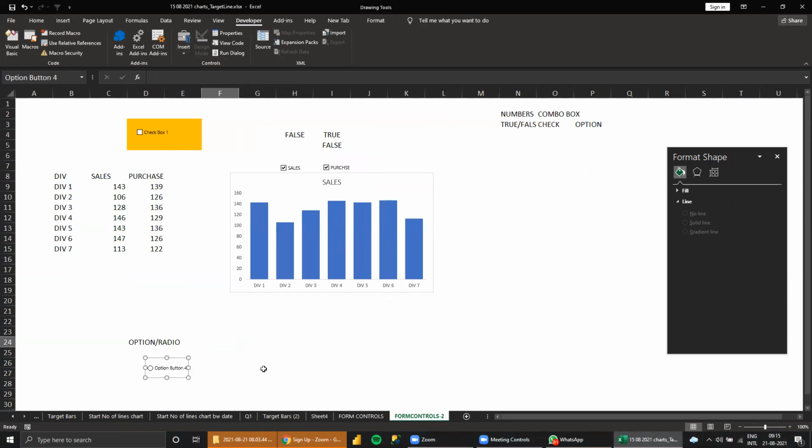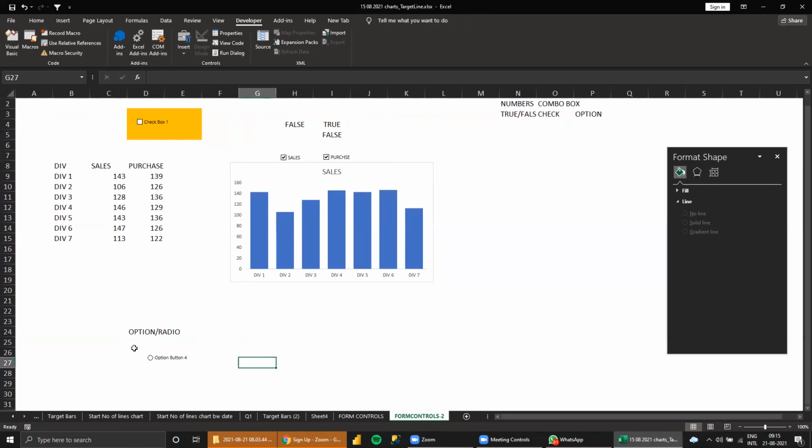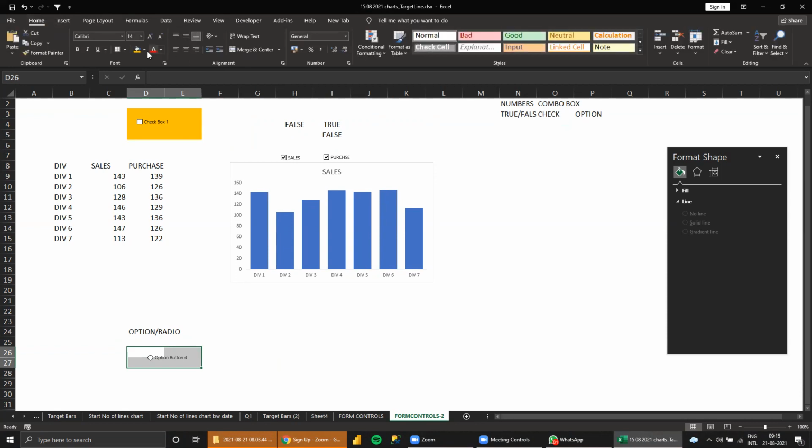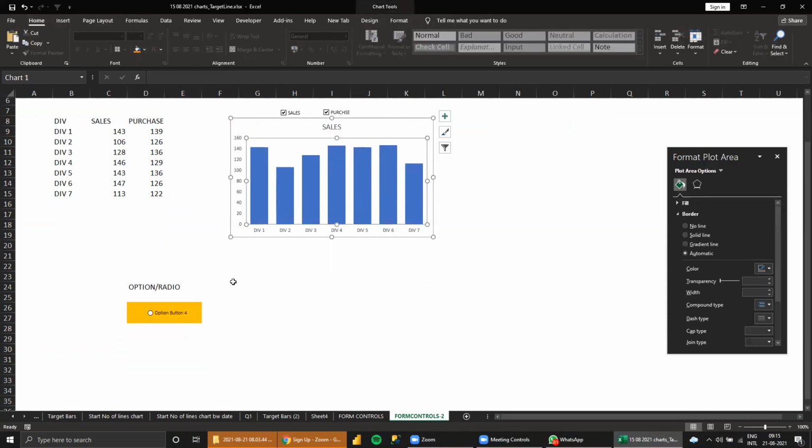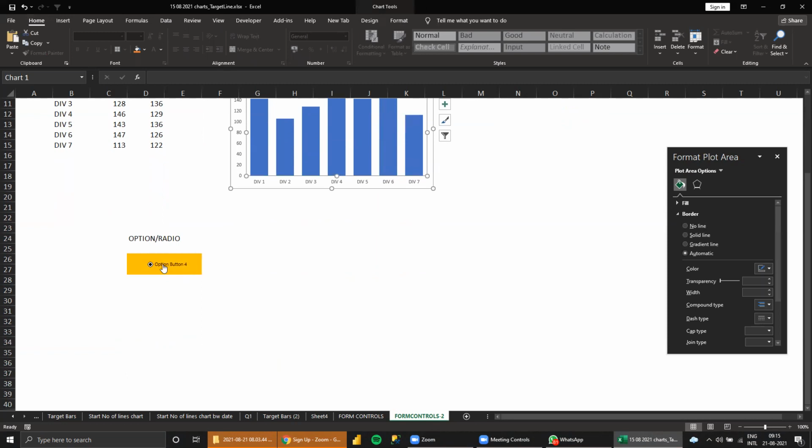Option button means only one option you can get, not many. So one option in the entire Excel sheet. Suppose you have many option buttons.